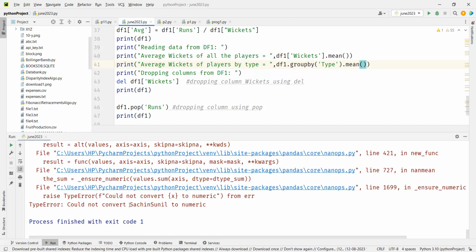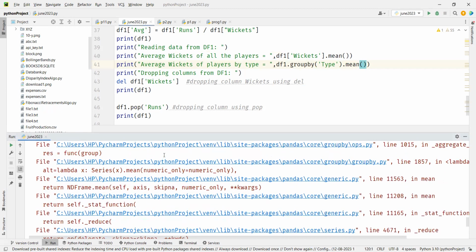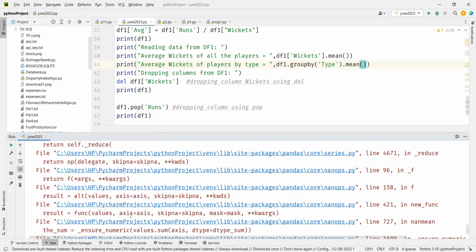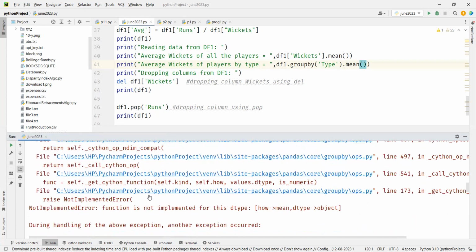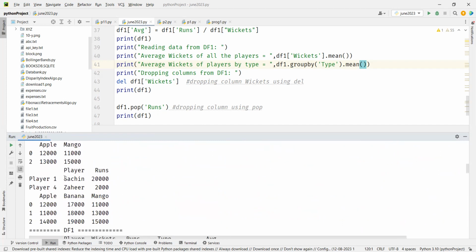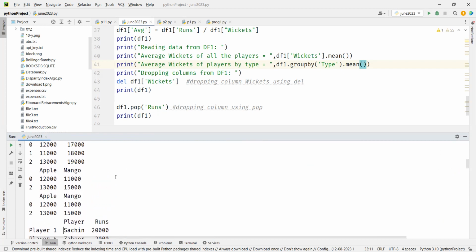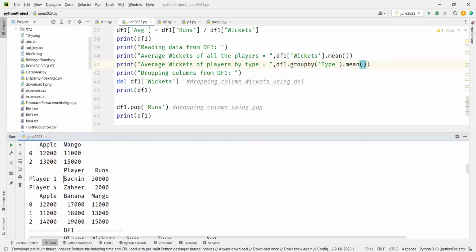Now you see, I said all the columns, right? And all the columns have a text column also. Sachin, Sunil, text column. So can we do average on those? No, you cannot do average on a text column, isn't it? In here you have player. Now you can do average for runs, you can do average for wickets, but you cannot do average for player, right? So for a minute, just to show you how we can do an entire numeric column,